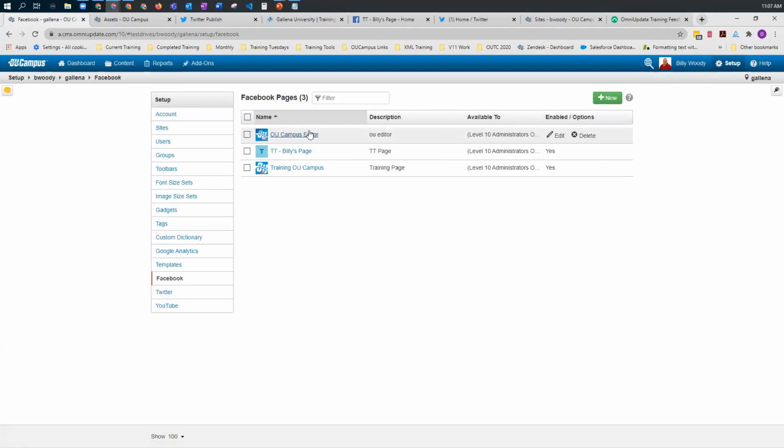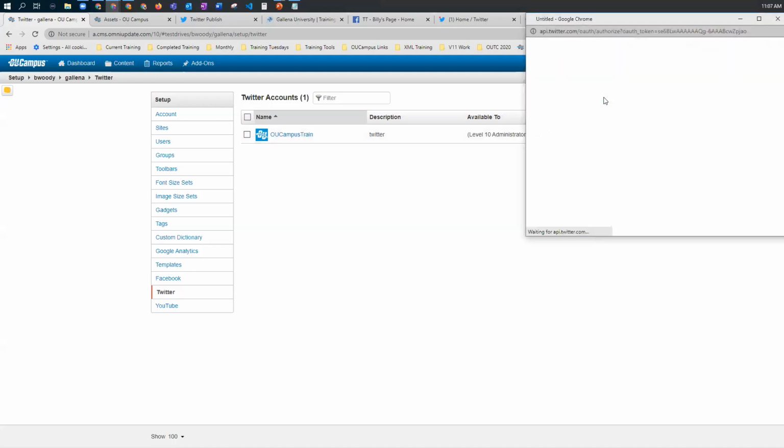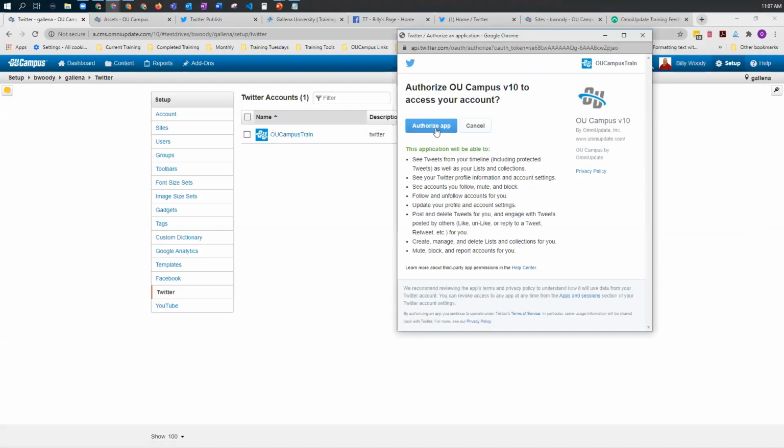Next thing I want to do is to set up then the Twitter page. It's done basically the same way. We just click on the Twitter option down here in the setup menu. As you can see, I already have my Twitter page selected here to be associated with the account. If I wanted to add an additional Twitter account, you just click on New and you go log onto your account here and you just authorize the app. It's that simple. There's no other settings you need to do here. You're just going to log into your particular account and select Authorize App, and then it adds it onto the